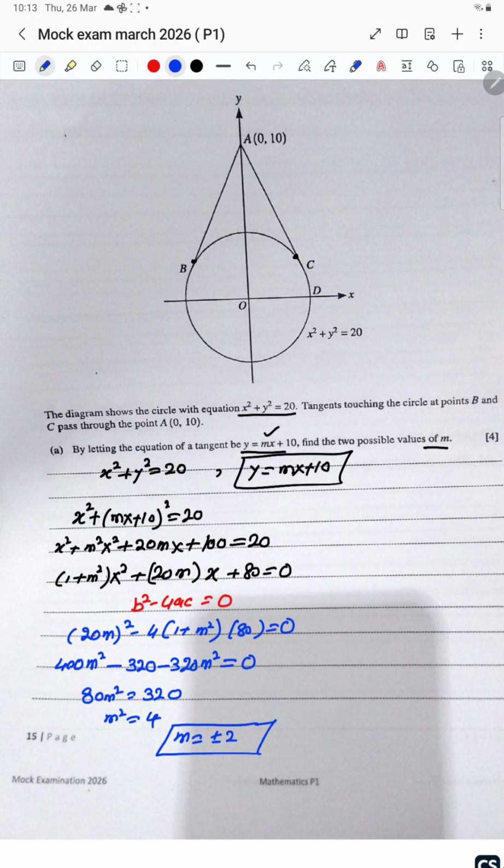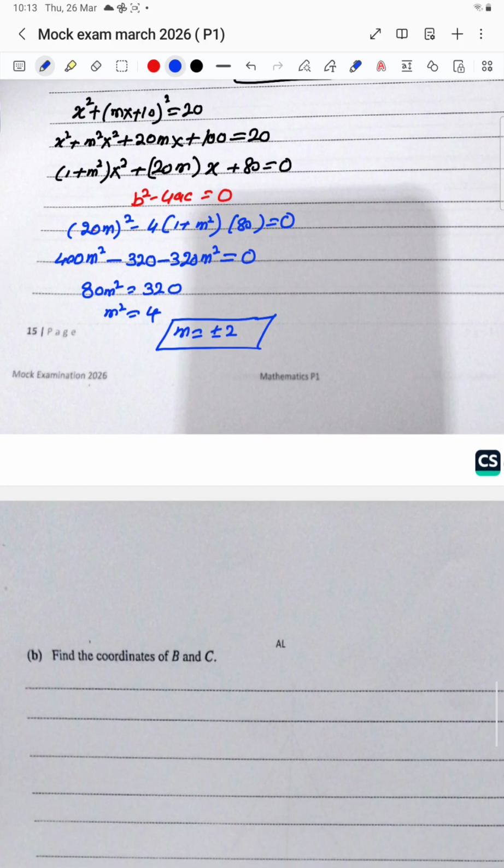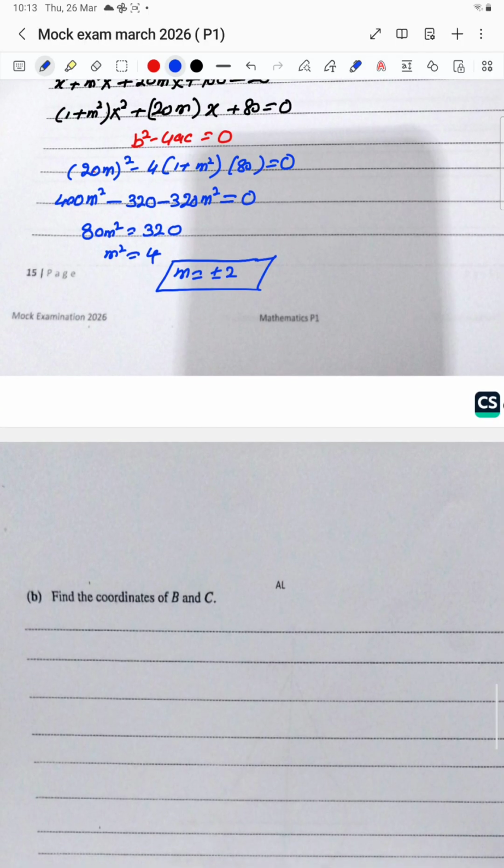These are the two values of m which define the two tangents, one at B, one at C. Okay. Find the coordinates of B and C. Now we have to find the coordinates of B and C. Simple. What we have done, the two solutions in